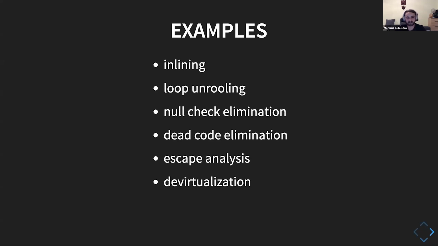Another optimization is devirtualization. In the code, it sees that I'm always calling this virtual method and always checking what the implementation is, and that there's only one possible implementation. Nothing else ever happens. So we can basically assume there is only one implementation, and there is no reason to resolve this method call. We can just assume that this is always this function, and if we can assume that, we can inline it, and then since we inline it, we can run all the other optimizations.